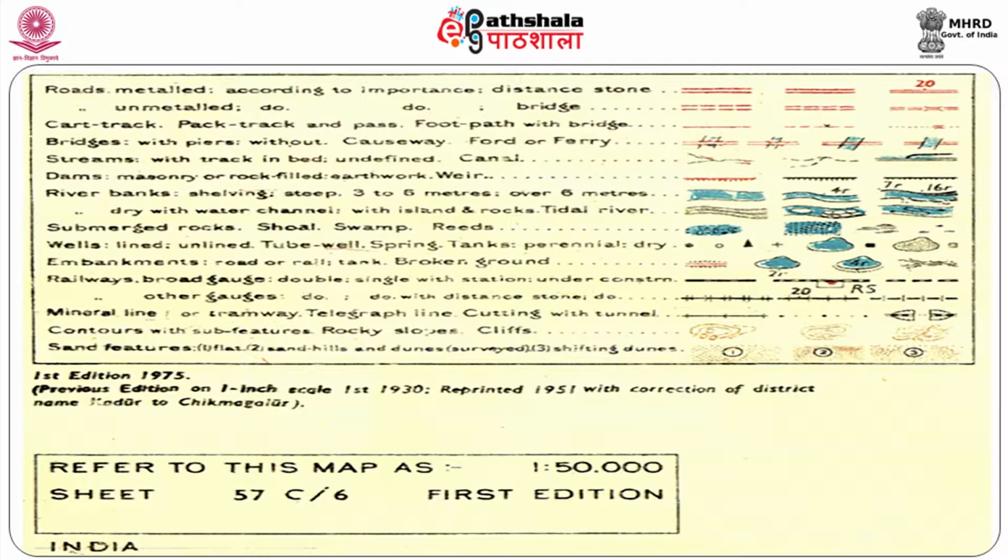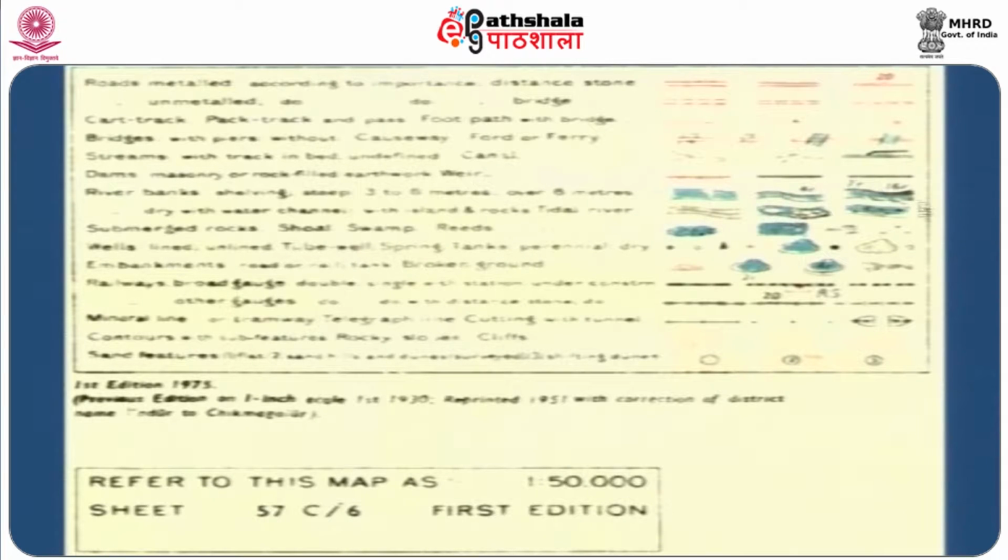Similarly, some of the roads are not literally roads: a cart track or a pack track or a footpath, with bridge, without bridge, all these things are shown in this manner. See how important these are. Then we talk about various things like the streams which are present in that region. That could be streams, rivers or anything like that. So see how a variety of symbols are shown.